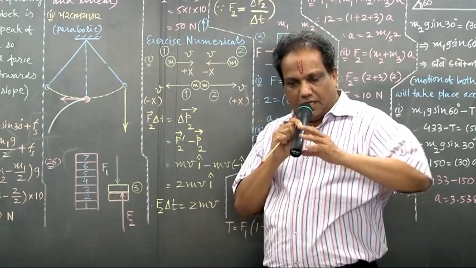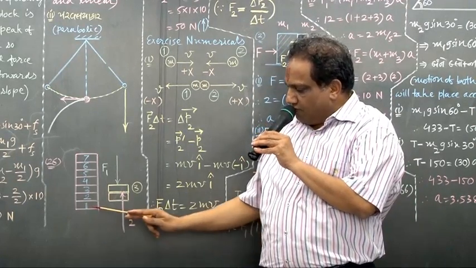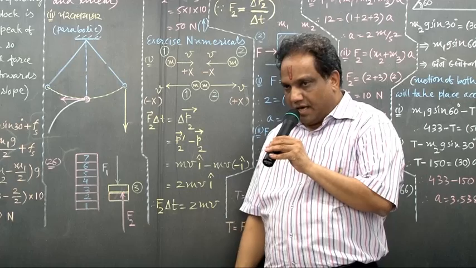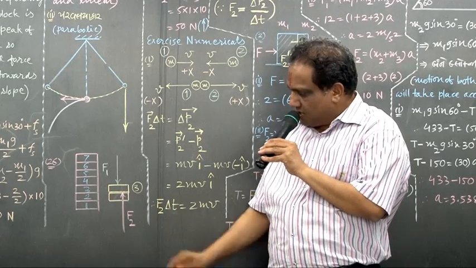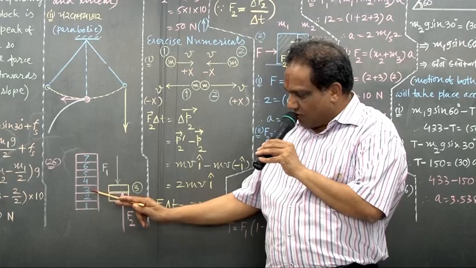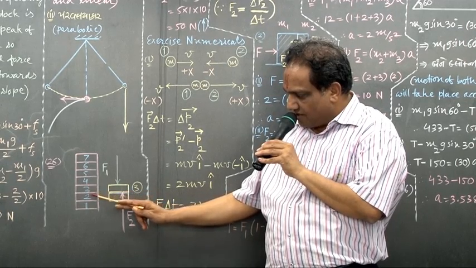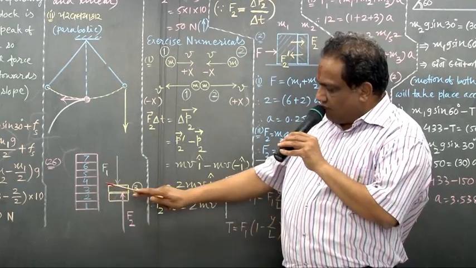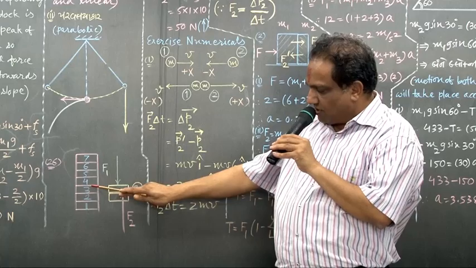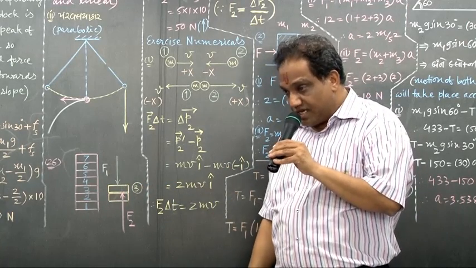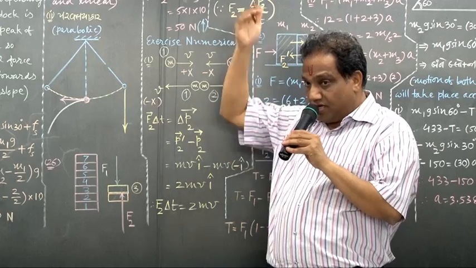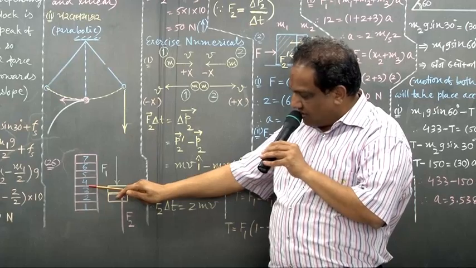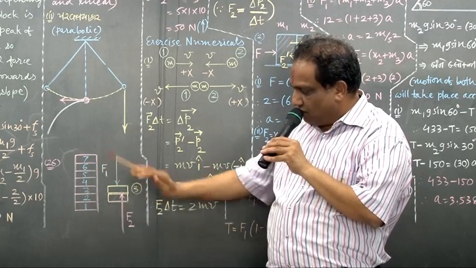Look, the order is starting from the bottom. You see, 1, 2, 3, 4, 5, 6, 7. Now, in this situation, they have asked, what is the contact force exerted on the upper and lower face of the third block? I am showing you. If you want the contact force on the upper face of block number 3, then you should see how many blocks are lying above the upper face of block number 3. Above the upper face of block number 3, there are 1, 2, 3, 4 blocks.